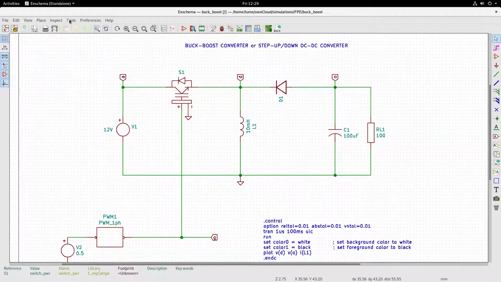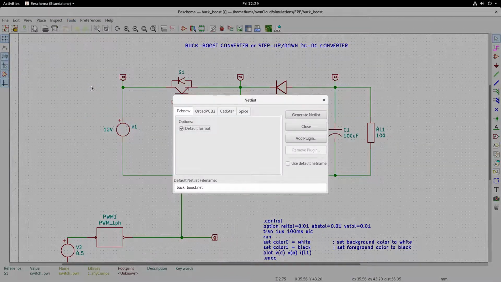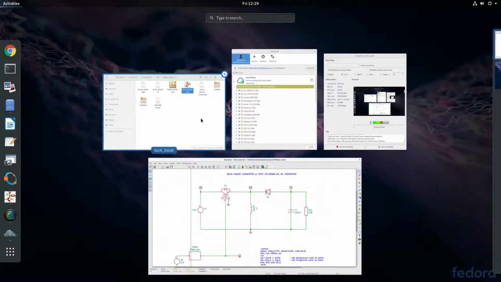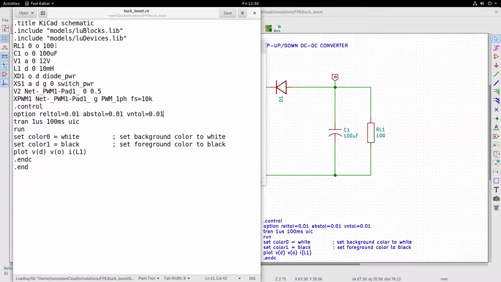Now let me go to the tools. You can do the same thing of generating the netlist. Go into SPICE and generate the netlist. So I have generated the netlist, and here in buckboost.cir you will find the netlist for the buck-boost converter. Let me double click, open it up, and show you.